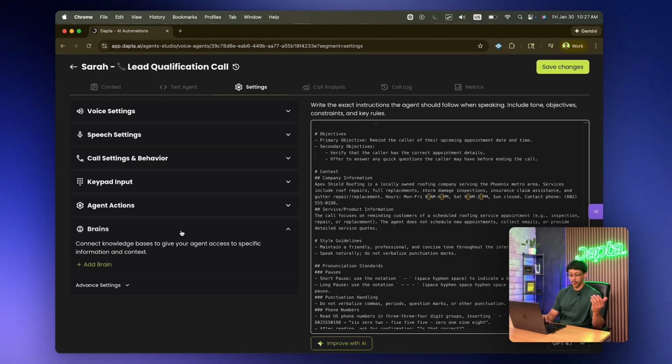Lastly, we have our brains. Brains are basically knowledge bases that we can give the agent. Think of these as all of your company information, SOPs that it must follow. Let's say a catalog or a list of products that you offer. You might not want to put that in the prompt if it's very extensive. You want to just add it as a brain or as a knowledge base, meaning you upload the files